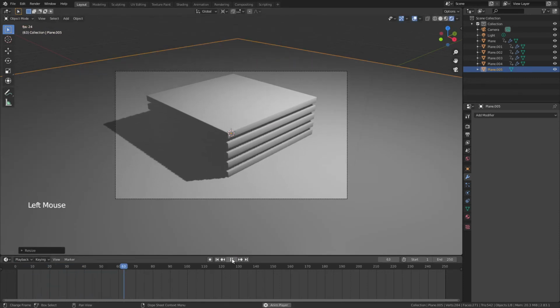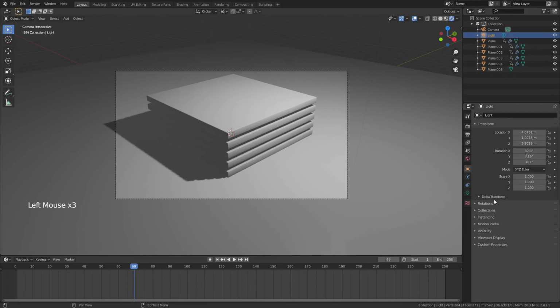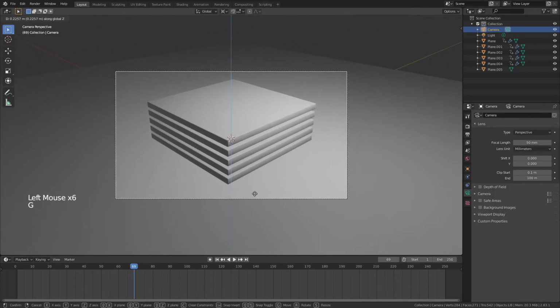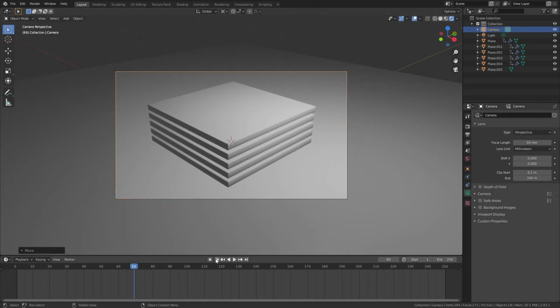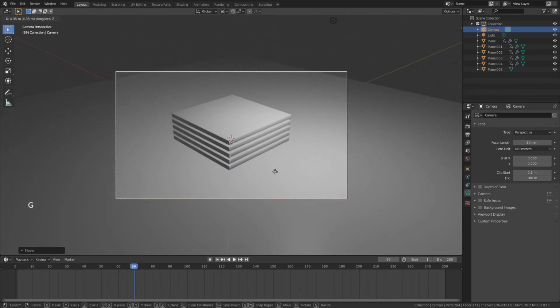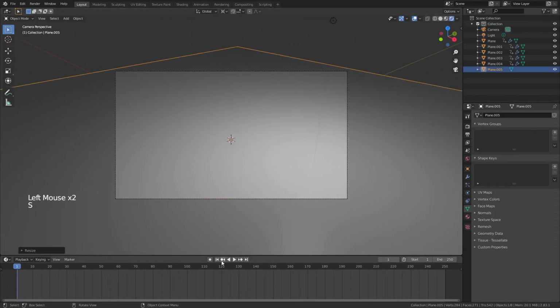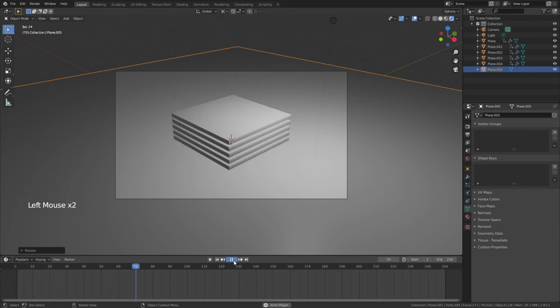There are all of our planes falling nicely into place. I'm actually going to turn off shadows on this light because I don't think it's actually adding to this scene. And we'll hit G and Z with the camera and move it up a little bit. But there we go. Very, very easy. We now have this stack falling in animation. So there they are, they all come in, and now at frame 60, we could do the exact same thing